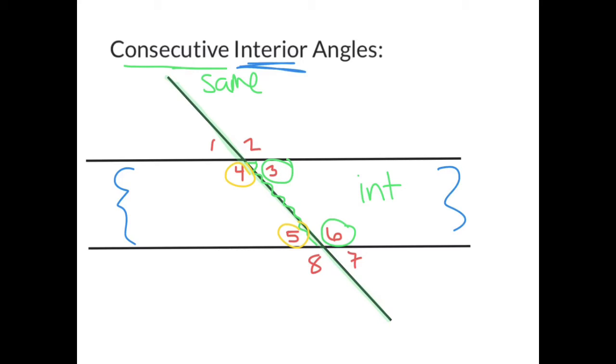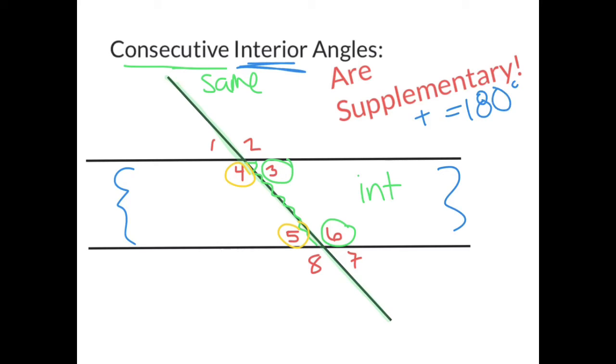Now, as far as the relationship goes, it's a little bit different. Angle 3 is acute, angle 6 is obtuse. Well, when we were dealing with the alternate ones, they were both obtuse, like 4 and 6 are both obtuse, so of course they matched up to be congruent. Angle 3 and 5 were both acute, so of course they matched up to be congruent. In this case, angle 3 is acute and angle 6 is obtuse, but they actually match up to be supplementary. So remember that what it means to be supplementary is that the angles are going to add to equal 180